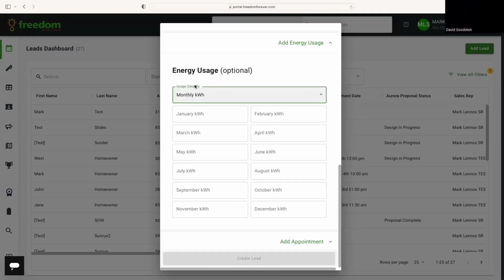When you put the kilowatt hours in for energy usage, it will transfer over to an Aurora proposal. If you do a Sunrun proposal, you will have to enter that data manually into their splat function. That's a completely separate training, but you should definitely watch our webinar on all things Sunrun and Aurora if you